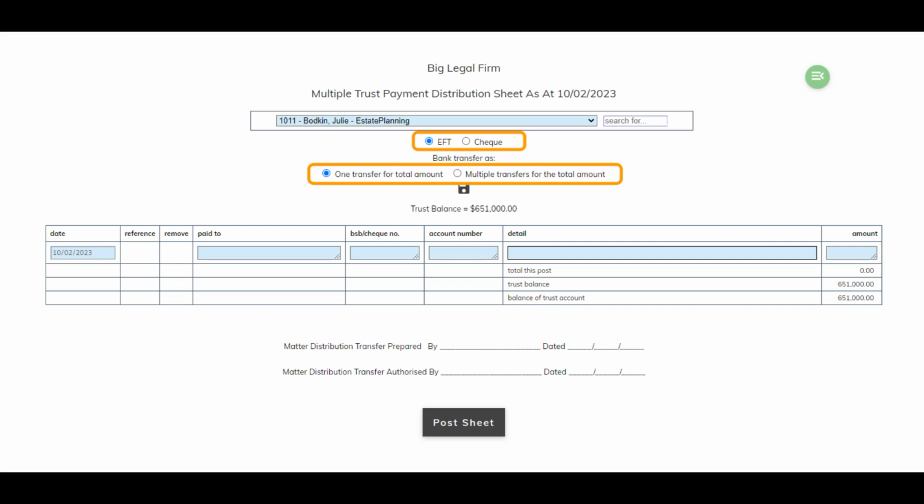Specific matter types such as estates, class actions, and property settlements often require processing of multiple trust payments to separate beneficiaries from the same matter ledger. You could of course process these payments separately and manually keep note of the total distribution amount. But this can be tricky when you are doing multiple payments with repeated and varying amounts to a range of